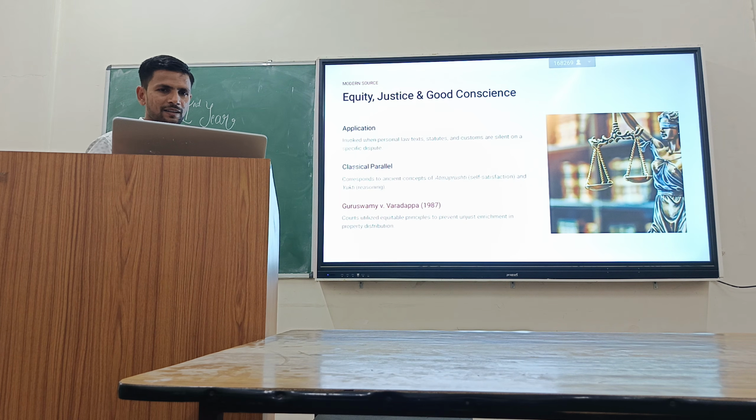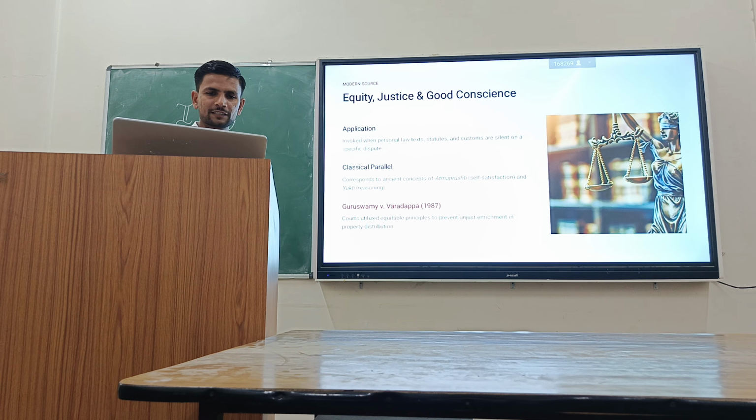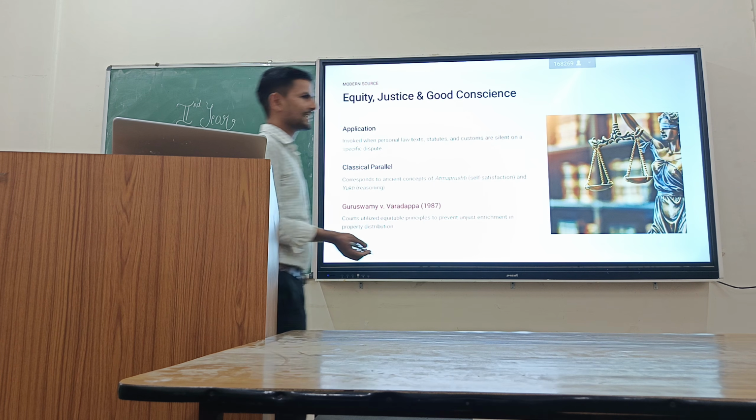In this case, under Hindu Shastri law, the widow had a spiritual right to adopt a son to continue her deceased husband's lineage. However, the Supreme Court ruled that this power is not absolute and can permanently be extinguished. In some situations, the right of that widow can also be restricted.